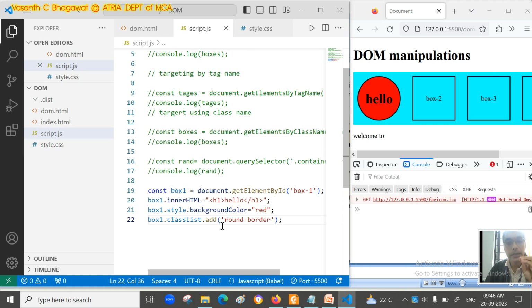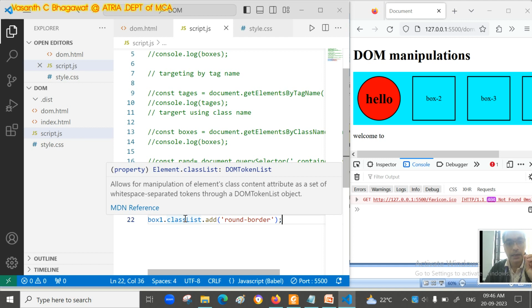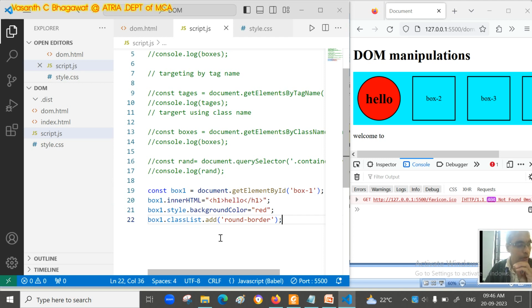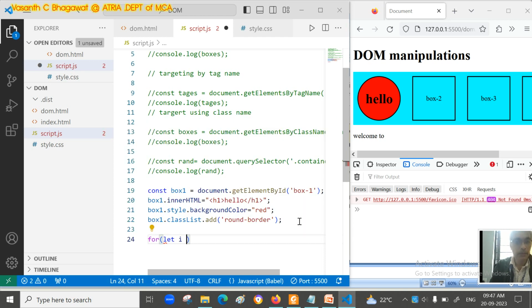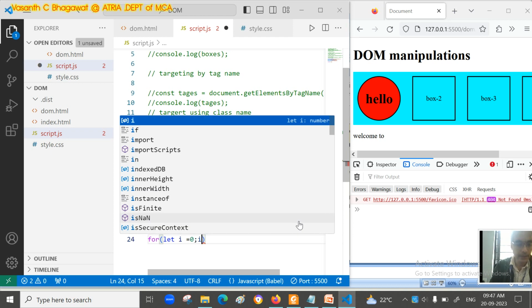So by using JavaScript and the classList, we are trying to add a new class, that is round border. You can add any new class, or you can try to remove, or you can use this class list and apply this to all our boxes. That means div 2, 3, 4, or box 2, 3 and 4. For example, we'll just use a for loop here. We'll declare a variable, let i equal to 0, i is less than